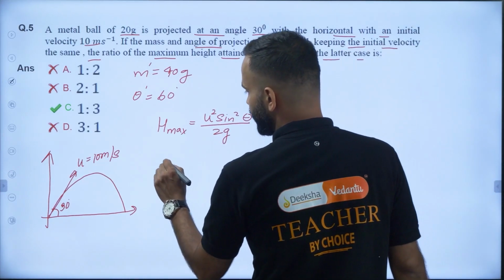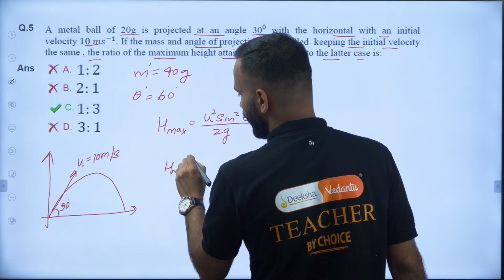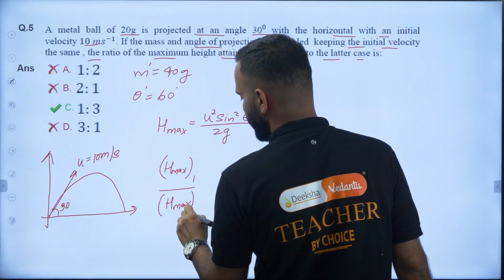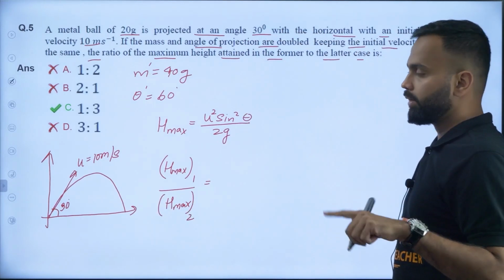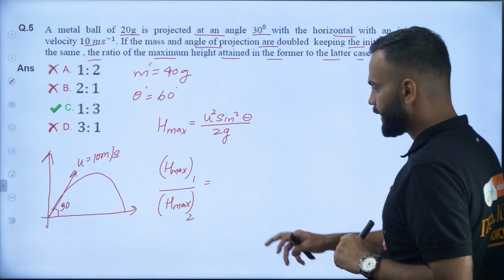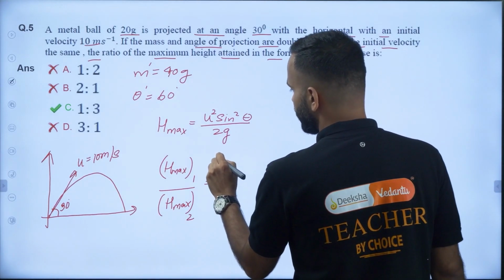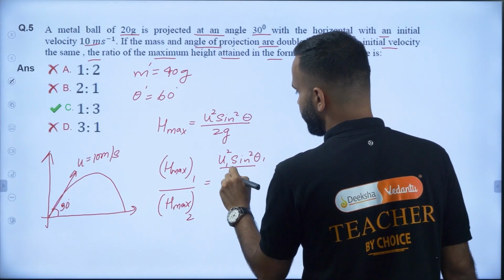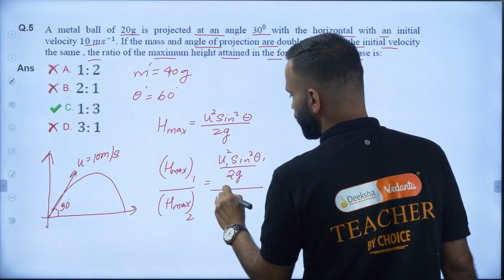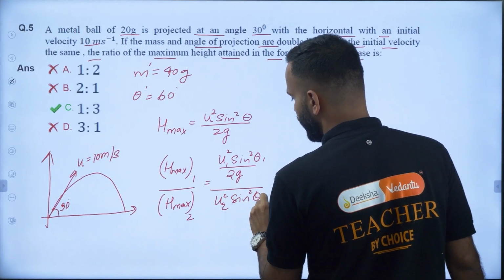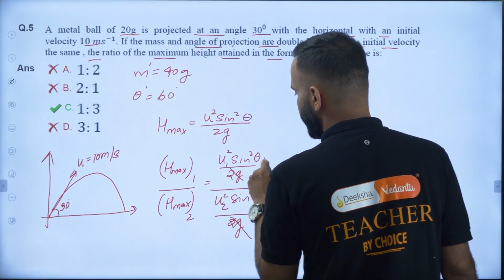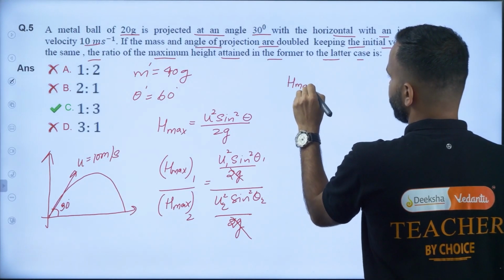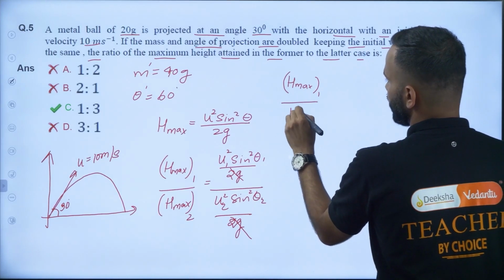Now the ratio of the maximum height attained by the first ball to the maximum height attained by the second ball, when the mass and angle of projection are changed: h max 1 will be u1 square into sine square theta 1 divided by 2g, whole divided by u2 square sine square theta 2 divided by 2g. So now 1 by 2g will get cancelled, right? So now h max 1 divided by h max 2